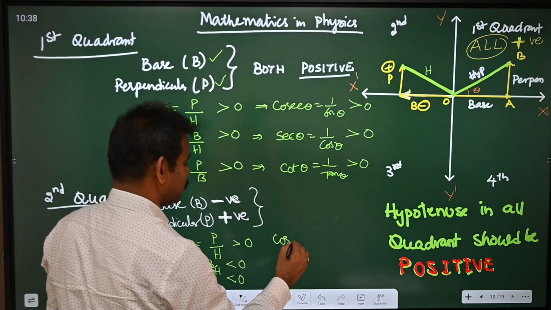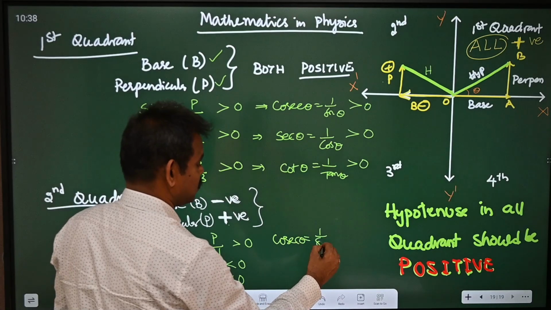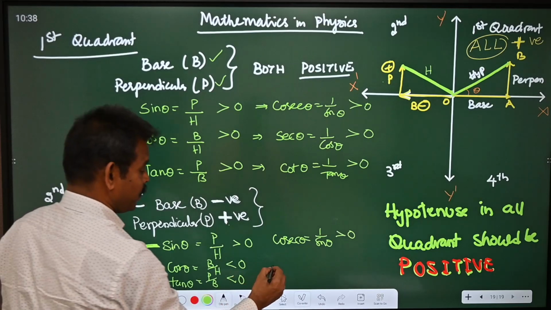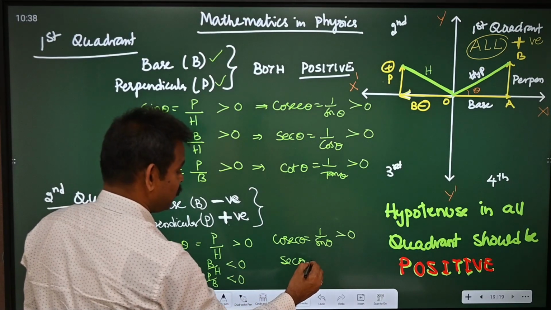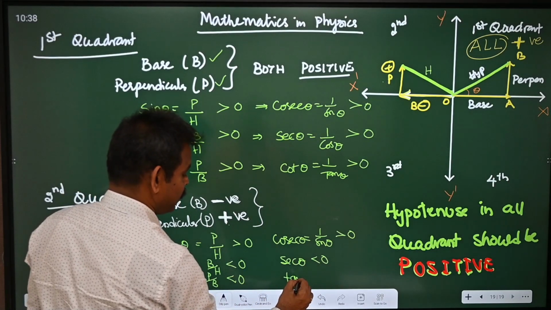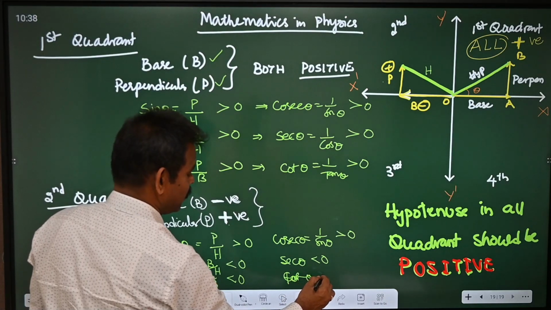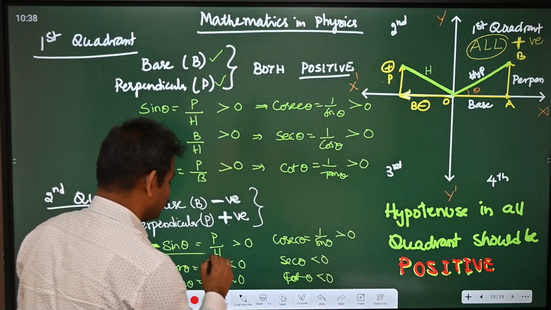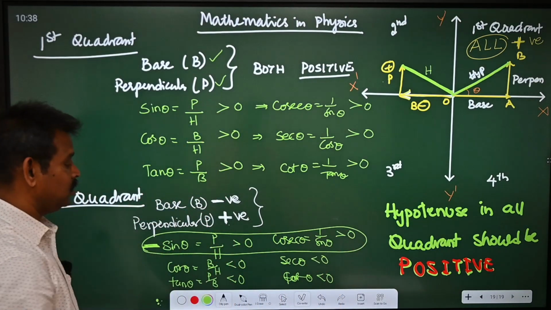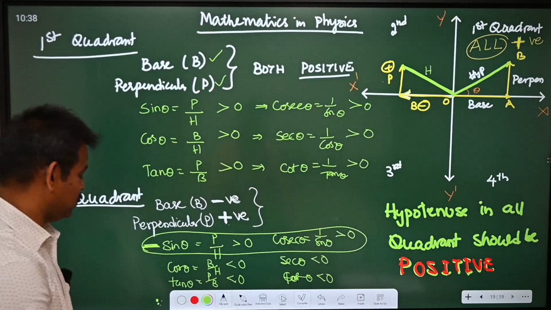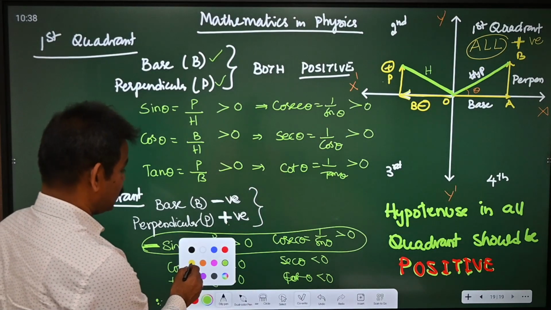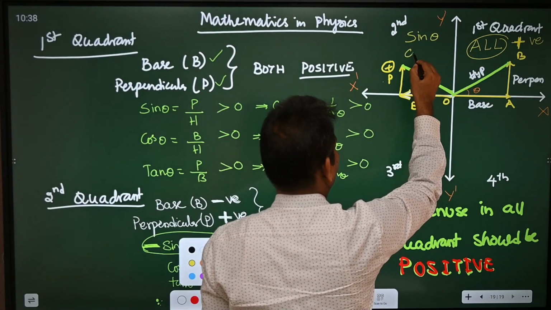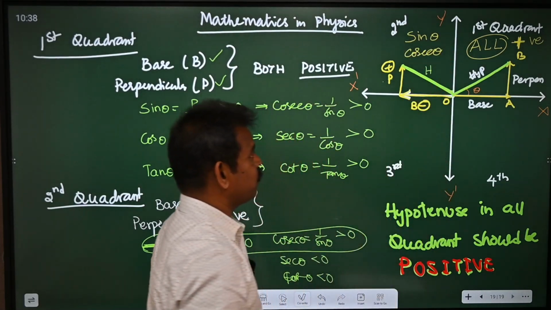Then cosecant, the reciprocal of sine theta, is also positive, it should be greater than 0. As sine is positive, cosecant must be positive. But secant theta will be less than 0, cot theta will be less than 0. That means both are negative. So what are the positives in the second quadrant? Sine theta and its reciprocal cosecant theta. So you can write the only values that are positive are sine theta and cosecant theta